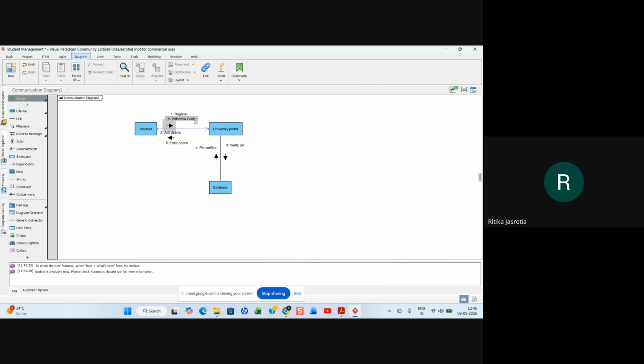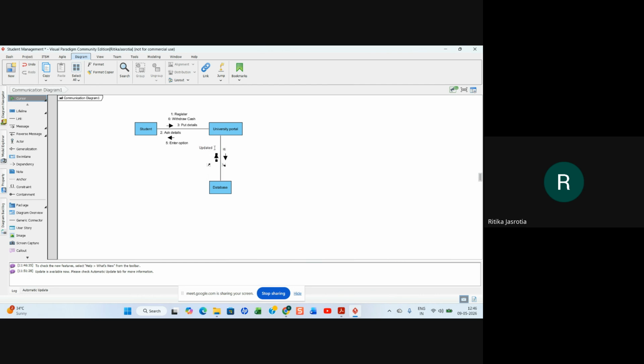Student details. So you will put the student details. I'm just changing the numbering here. Suppose the third number comes here. So student will put the details on the university portal, that is updated in the database.